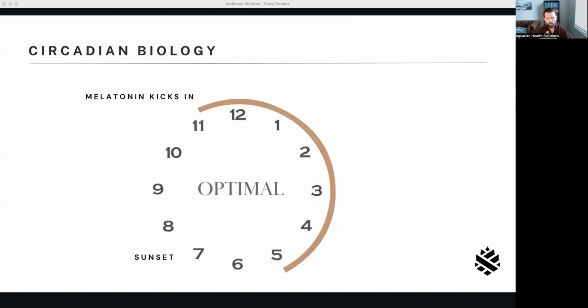And so under normal circumstances, this time of year being late summer, sun sets between 7, 8, maybe 9 o'clock, depending on where you are. And then 2 to 3 hours after the sun sets, our melatonin starts to kick in, and it acts on specific parts of our brain to allow for deep sleep, to allow for detoxification while we sleep, to allow for neuroprotection, immune modulation, all these beautiful things that it does. However,